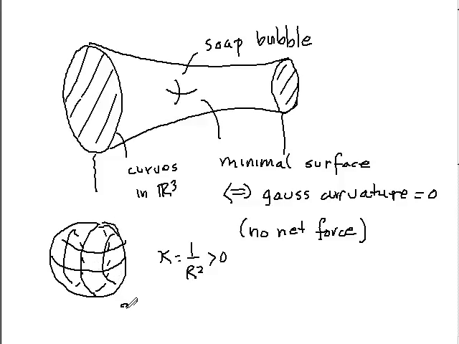Okay, so a sphere is not a minimal surface, at least not in the sense of having curvature 0. It's the surface with minimal surface area for enclosed volume, but that's not the same as being a minimal surface